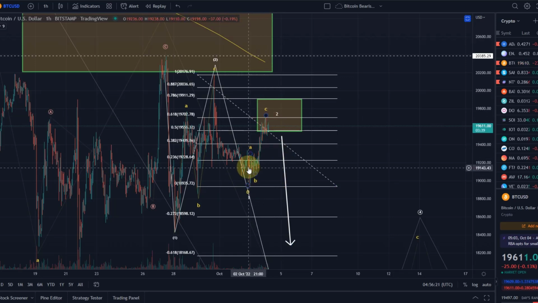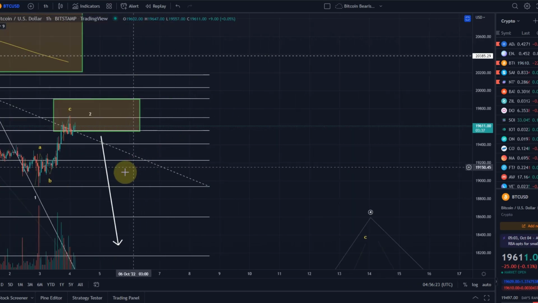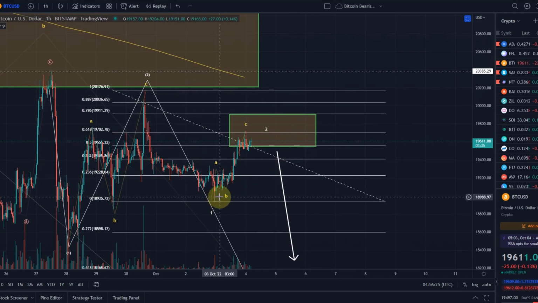Okay, so these are always the moments when such a pattern is full. It doesn't mean it necessarily needs to come down straight away, but if we can count it as complete, it means it can be exhausted at any time. It has fulfilled the minimum requirements by reaching its target area, because these target areas are based on Fib levels, the most likely Fib levels for a certain wave. Plus, if you have filled the wave pattern, it is a very strong indication that at any moment it could